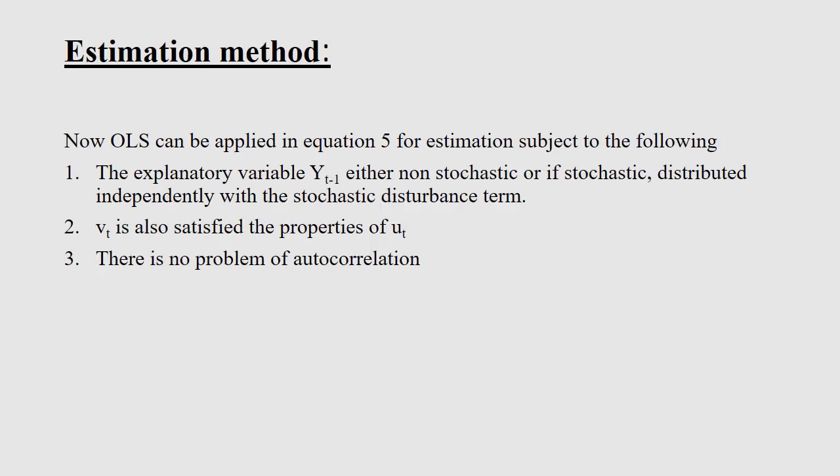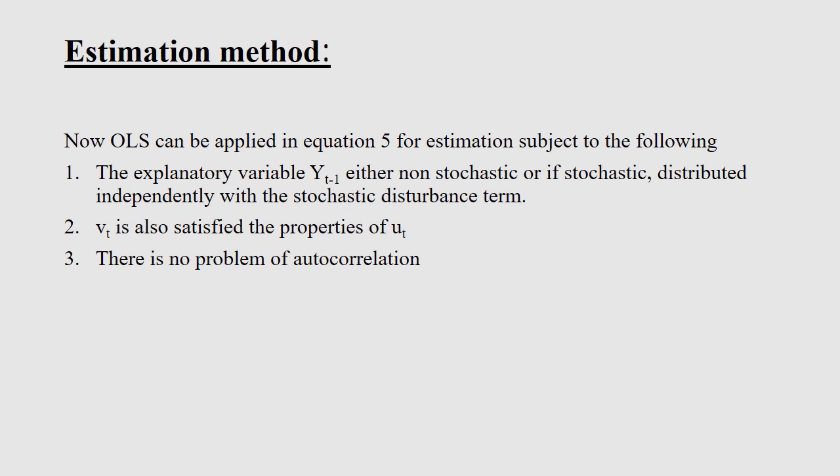Now as I already told you, there are two basic methods of estimation of the lag model by Koyck. Number one, the transformation given by Koyck, then estimation. So the transformation is already done, and equation number 5 is the final transformed equation given by Koyck. The next step is the estimation of parameters. I have also mentioned the problems we identified, that is the problem of degrees of freedom and the problem of multicollinearity, which is not present after the Koyck transformation. So we can go for ordinary least squares for estimating the parameters of the transformed Koyck model.